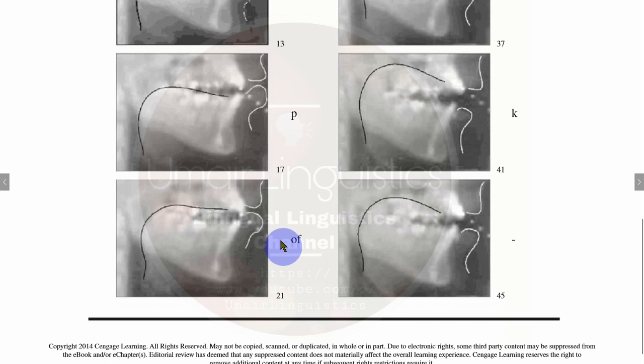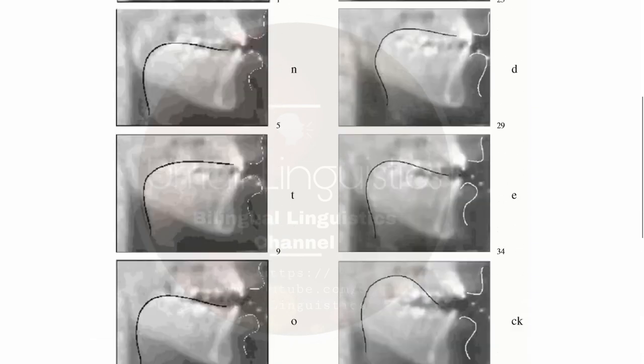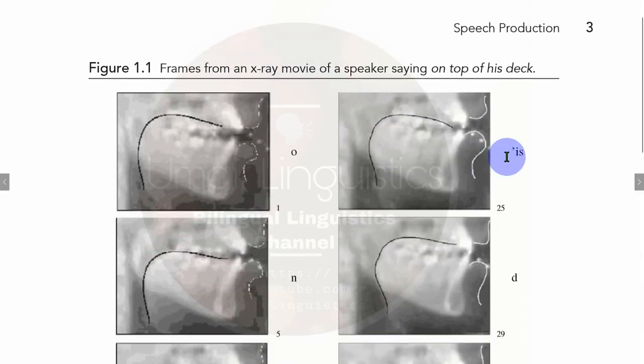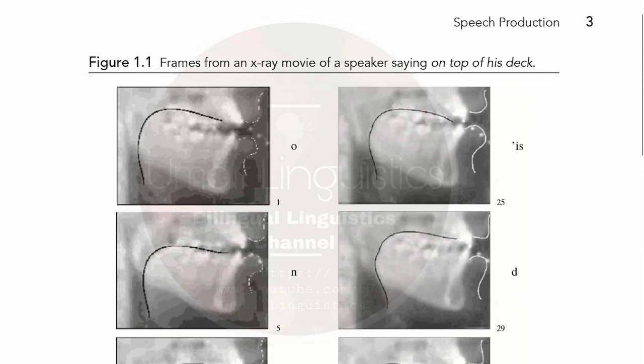On the top of, and it is the pronunciation of "top," and it is the position of once again in "on the top of." When we say "on the top of," you can observe that your mouth will not open much, because we are not pronouncing it completely like "of," we are pronouncing it quickly. So once again the mouth is not much open. Then "his," because sometimes "h" is dropped in fluent speech. The same happens here, "is," and then "deck."